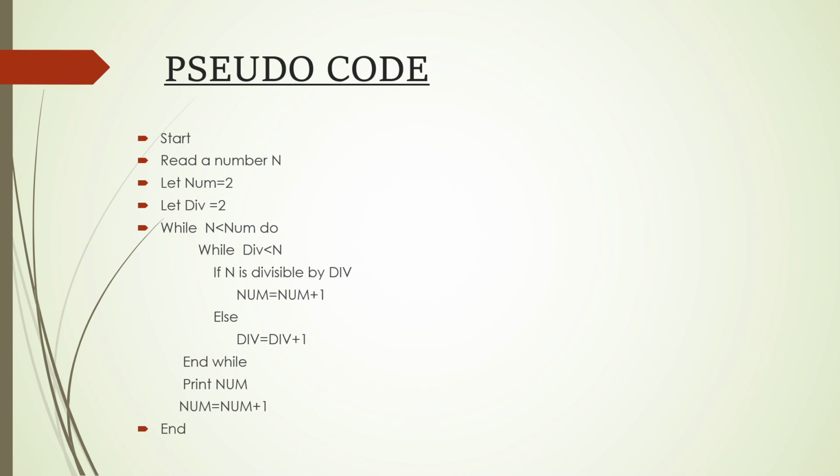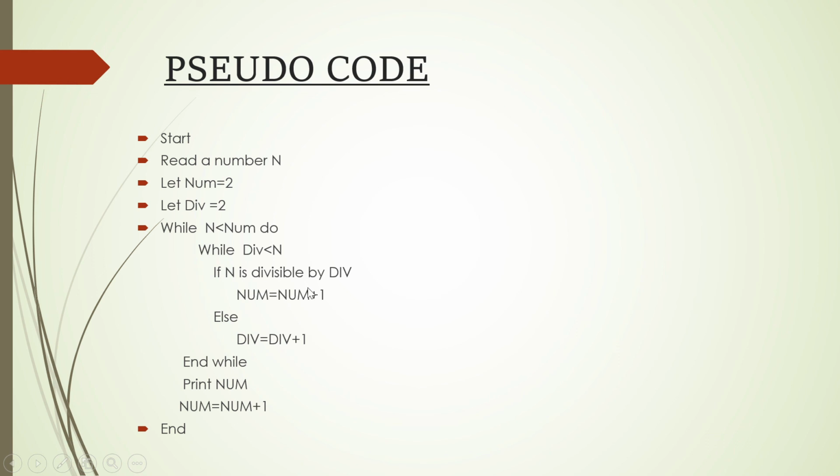नेक्स्ट हम इसी चीज को स्यूडो कोड में देखेंगे। तो पहले हम स्टार्ट करेंगे, उसके बाद हम नंबर को रीड करेंगे, फिर हम दो चीजों को ले लेंगे, num equals to 2, div equals to 2। उसके बाद यहाँ पे आप देख पा रहे हैं कि हमने एक लूप चलाया है कि while num is less than n do, उसके अंदर फिर से एक लूप चलेगा कि while div is less than num, if num is divisible by div क्या करना है, num equals to num plus 1, else हमें क्या करना है, div equals to div plus 1।